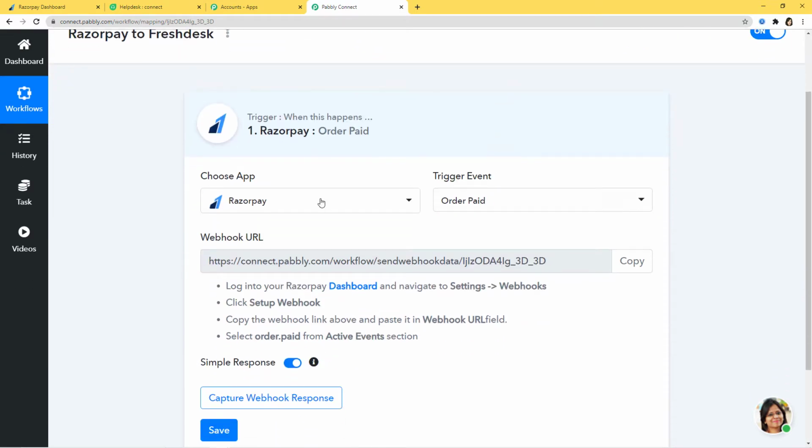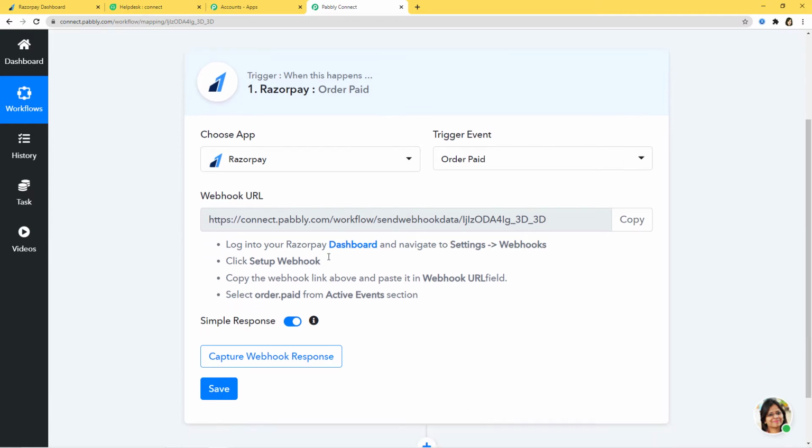Now when you come down here, you can see this term called webhook URL. After choosing the app and choosing the trigger event, we copy this webhook URL from here and paste it inside the trigger software application. Now you again might have a question in your mind: what is this term called webhook URL? Let me tell you that webhook is an essential way to get data from an external software at Pabbly's end. So this webhook helps you to build a connection between the trigger software application and Pabbly Connect. Now here you can read the instructions written carefully and follow them.